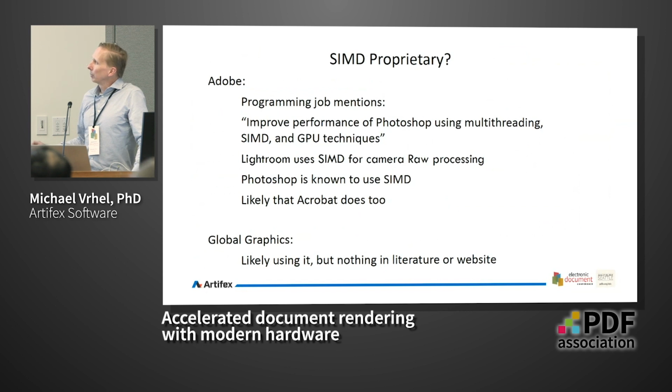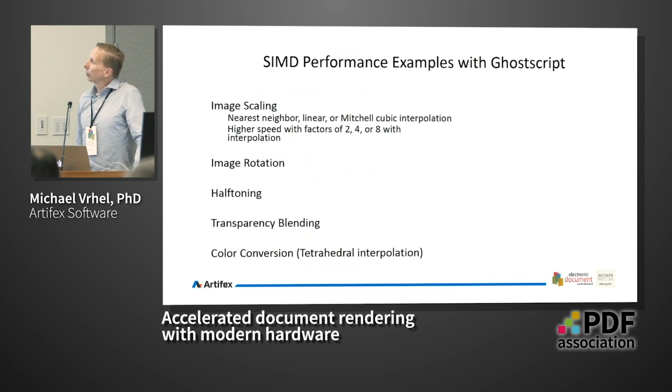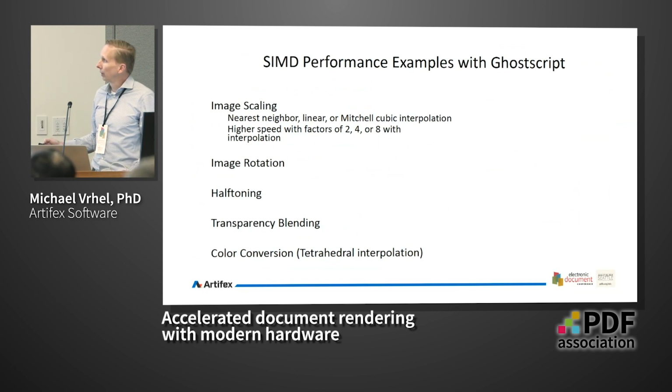Lightroom uses SIMD for camera raw processing, I've read, and Photoshop is known to use SIMD, and I have no doubt that Acrobat uses it. Global Graphics is likely using it, but I couldn't find anything on the website or in their literature claiming it. So with Ghostscript, I've implemented various image scalings, both nearest neighbor, linear and Mitchell cubic interpolation, as well as higher speed methods when you have to do just 2x, 4x or 8x types of things. Image rotation,